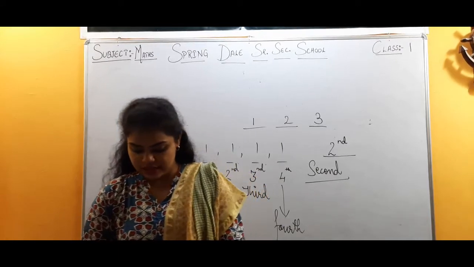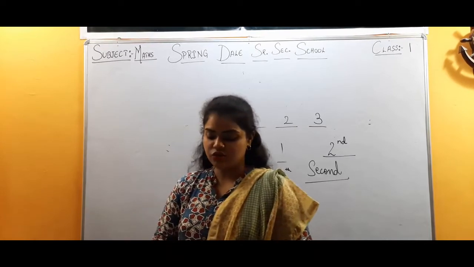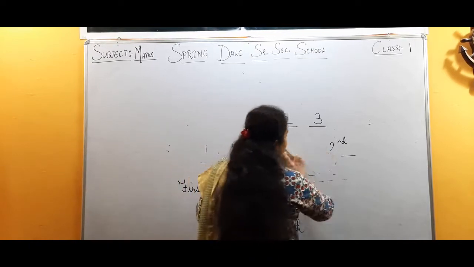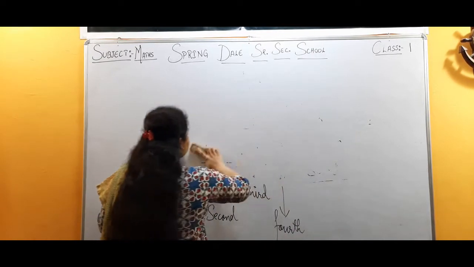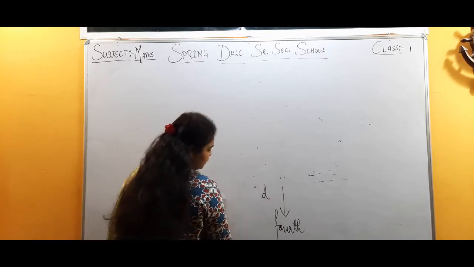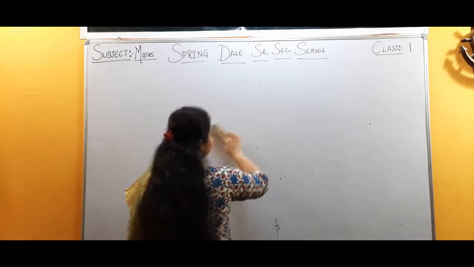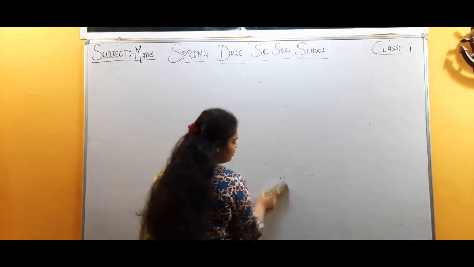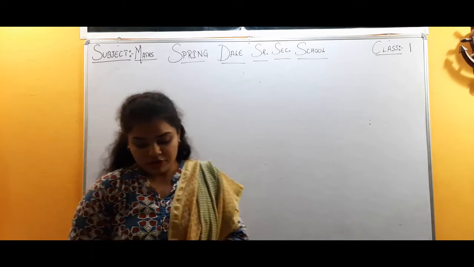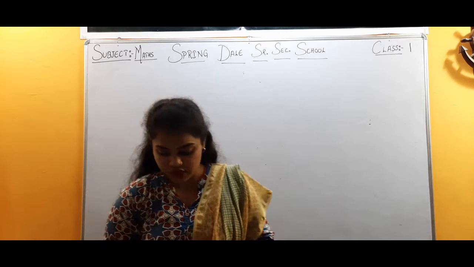Coming to the next topic, we have addition. Now you all know what is addition. We will learn how we add the numbers. Till now we have just read about the numbers, that what are the numbers 1, 2, 3, 4 till 10 or 20. But how we add these numbers if we are given 2 numbers and if we ask that what is the sum of that numbers? So what we will do? We will add those both the numbers and find that this is the sum of the number.